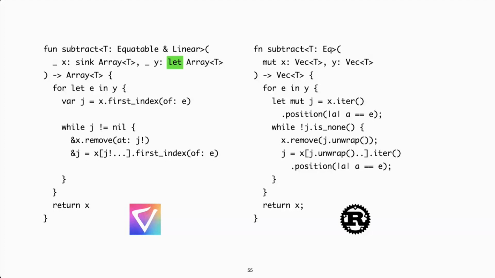And this is the first significant difference with Rust. A let parameter is the equivalent of an immutable borrow, but in Val it doesn't have a different type. Inside of subtract, y has the type array of T, and no reference is involved. So from the perspective of a Val developer, it's simply a parameter passed by value, and there is no need to think about anything more complex than that.